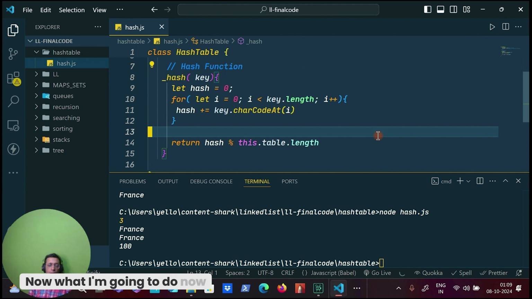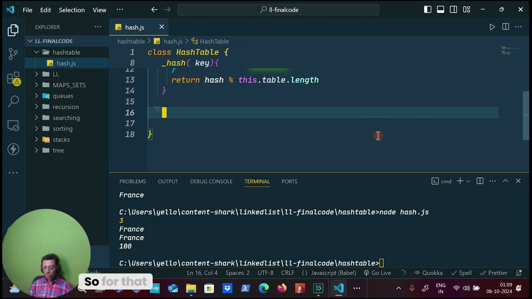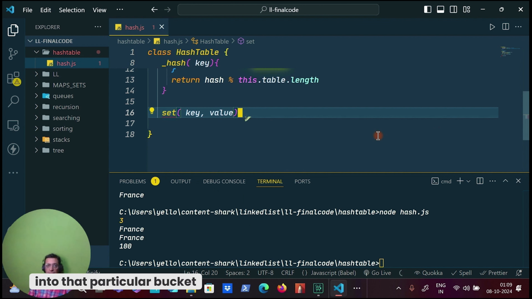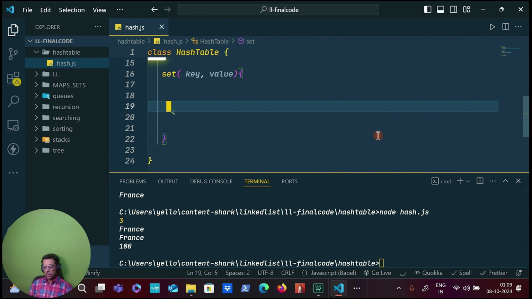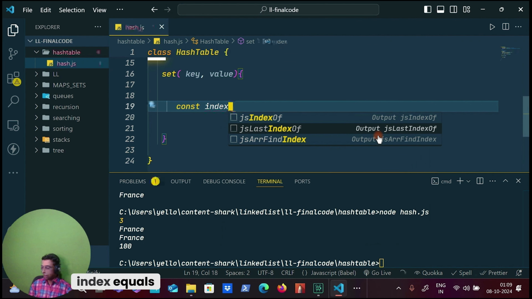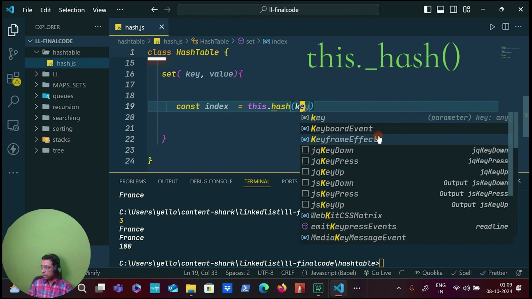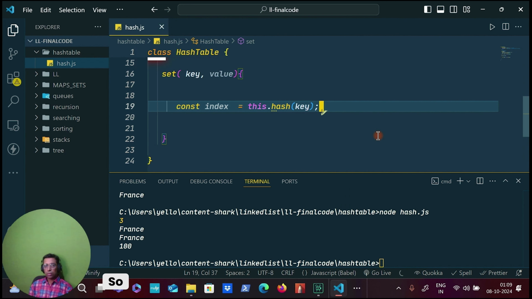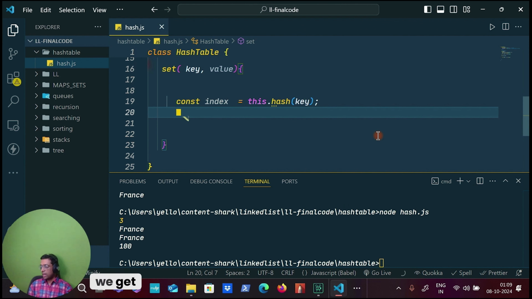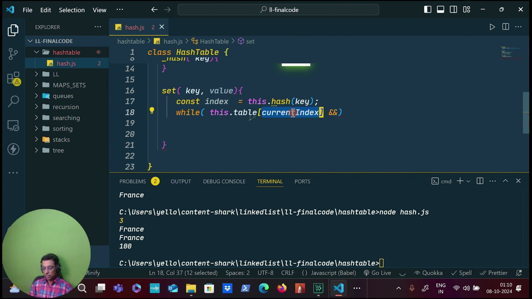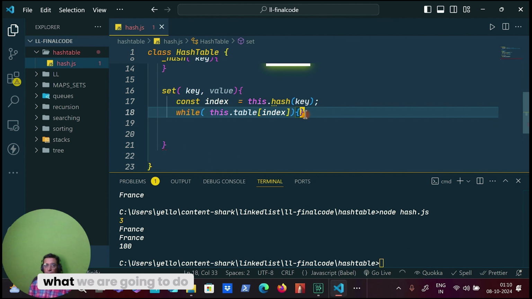Now I'm going to insert, right? For that I give the method name as set(key, value). I'm going to insert the key into that particular bucket. So let's say const index = this.hash(key). Calling the hash function, passing the key, we get the index. And if this.table[index], then what we are going to do,